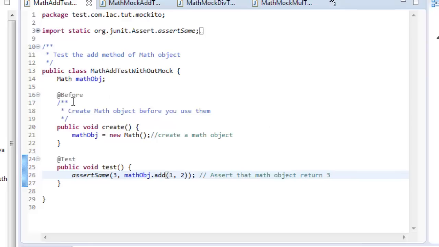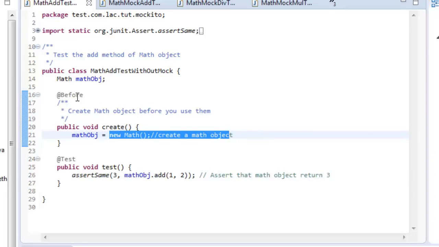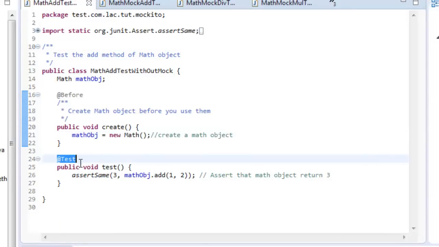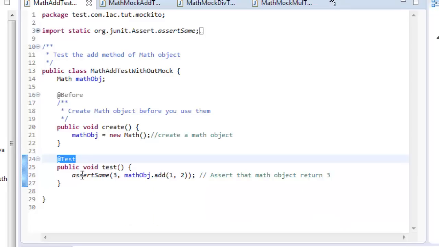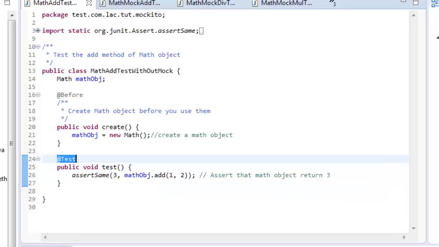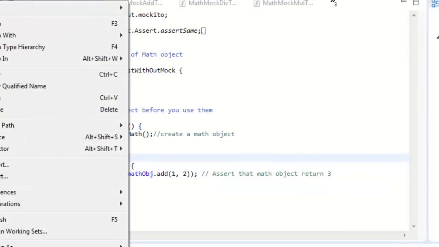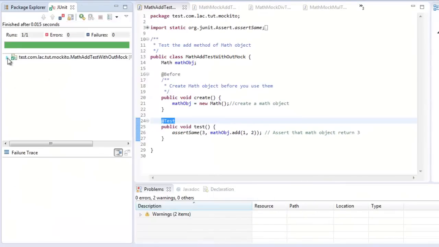We have a member variable math object, where you create a math object before your test case gets initialized, and during your test phase you pass arguments 1 and 2 and assert that the sum of 1 and 2 is 3. Let me run the test case, and the test case passed.